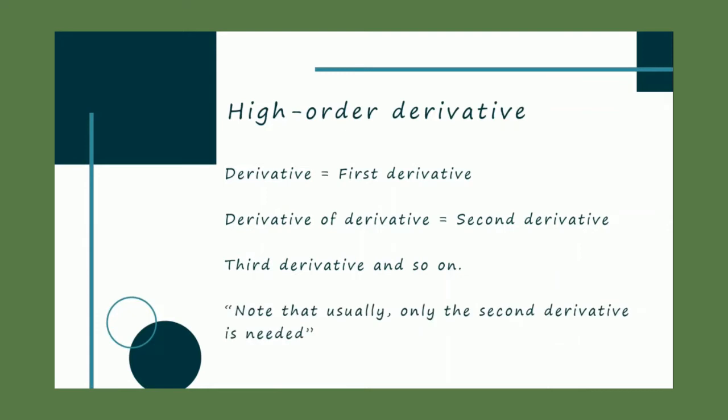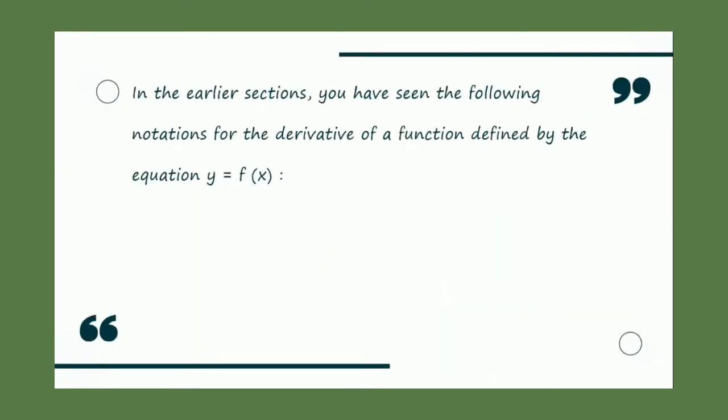However, note that usually only the second derivative will be required, as it has some of the commonly ascribed properties of functions, such as it can be interpreted as the instantaneous acceleration of an object with a defined equation of motion. Before proceeding, you must be familiar with the notations that will be used in